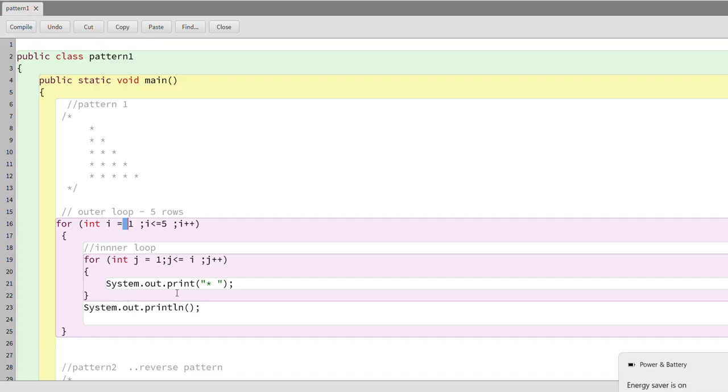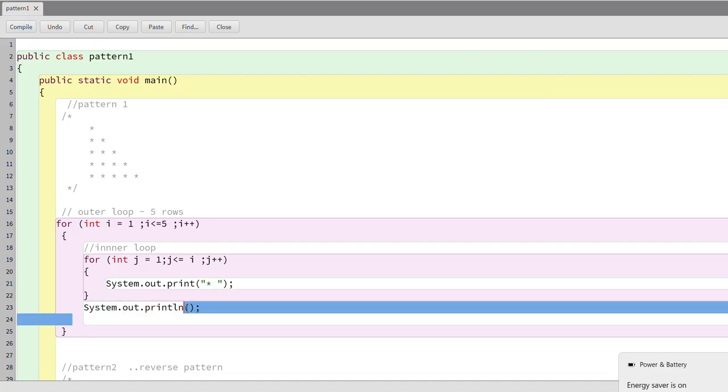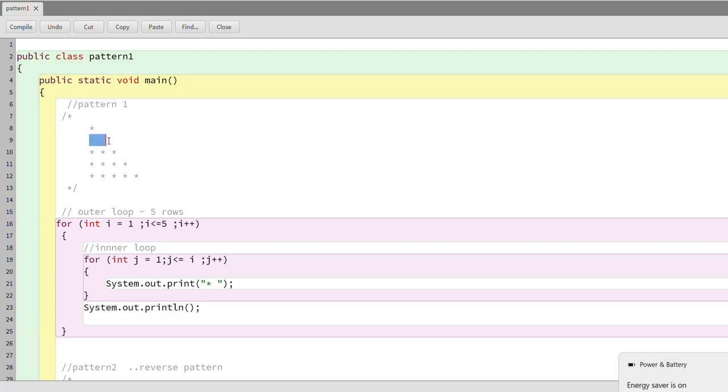Now, system.out.println: if I use println, each star will get printed on a new row, but I don't want that. So I will use the print statement, which will print each star on the same row. And once one row is printed, I will put a system.out.println so that the next row prints on another line.